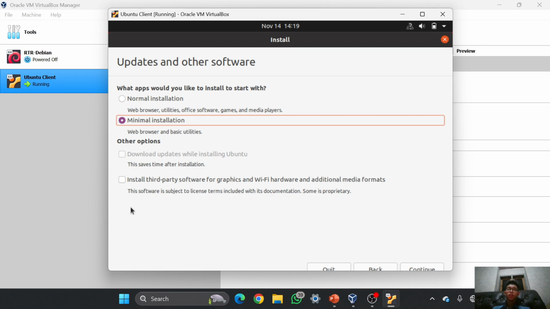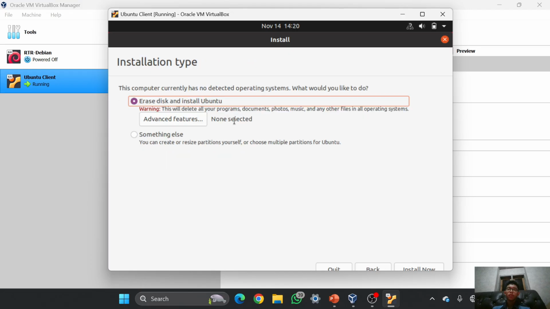And for the other options, I think I will not install the third party software, and I will just install this one, and then I will continue. And for the installation type, I think I will use erase disk, and then I will install Ubuntu.